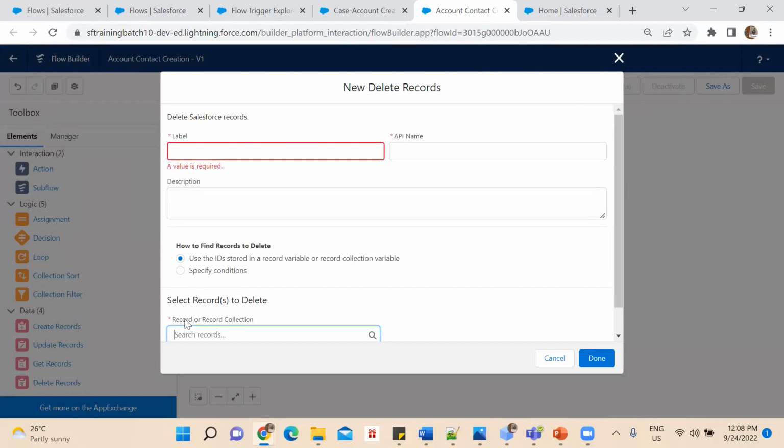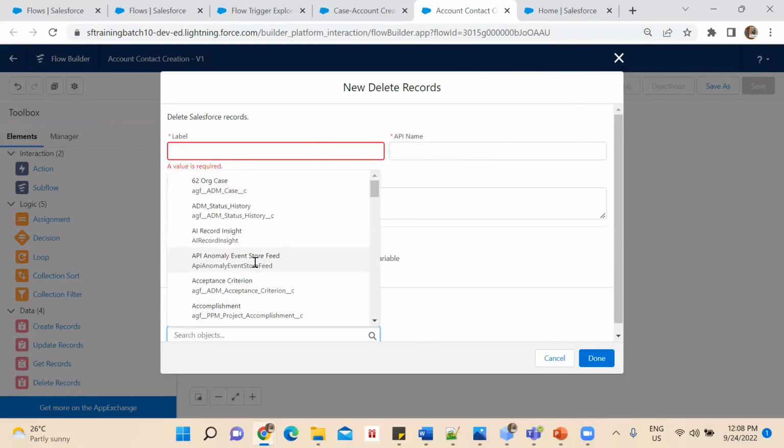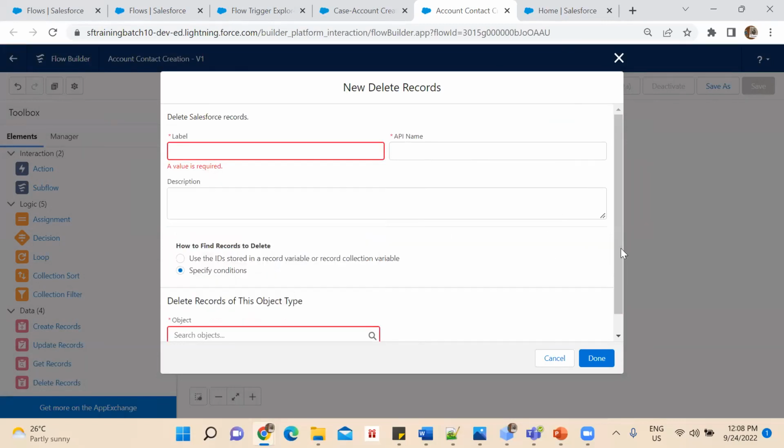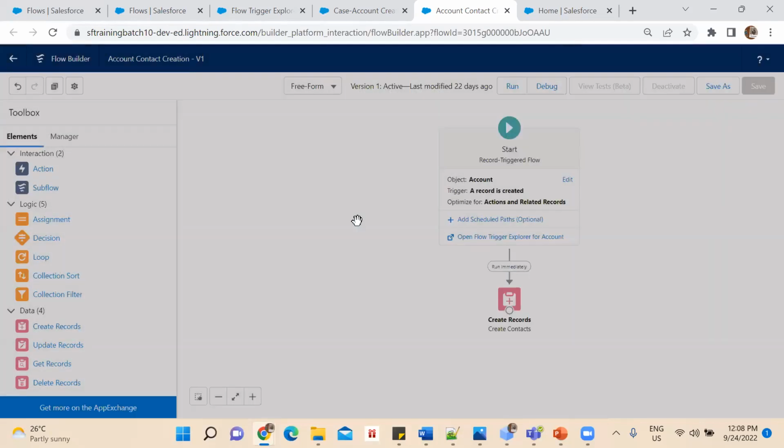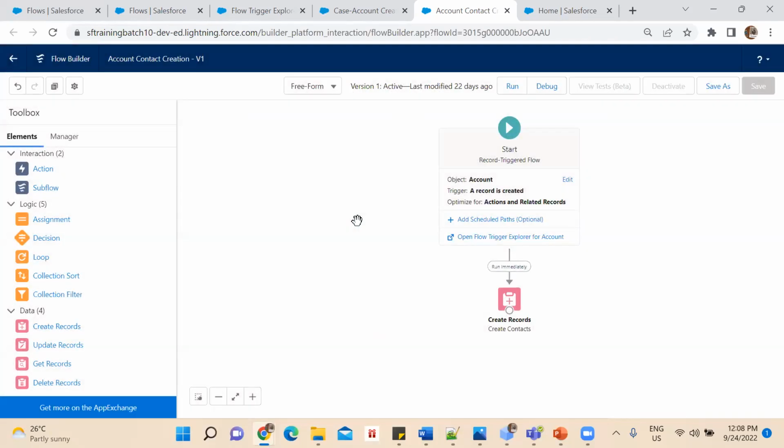You can mention the collection, or you can specify the conditions from this particular object using which you delete my records. So there are different workarounds. If you have more elements to perform a similar small operation, obviously the performance will get affected. I hope that answered your question.